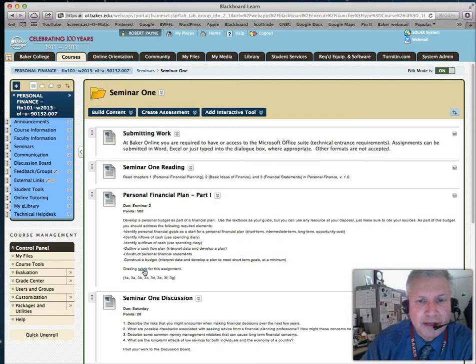Some of you might decide to use Excel for columns of numbers, things like budgets and financial statements, and then have your dialog actually be in a Word document. So you can attach more than one file. Just make sure you hit browse, go get it, and then hit browse again to get the second one or the third one or whatever you need before you hit submit. Once you hit submit, it's locked in for that particular assignment. So just make sure you get everything all squared away before you hit submit.